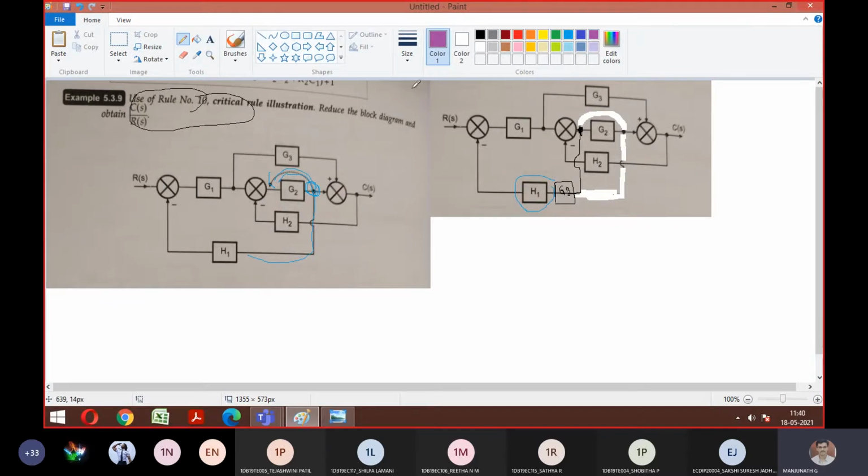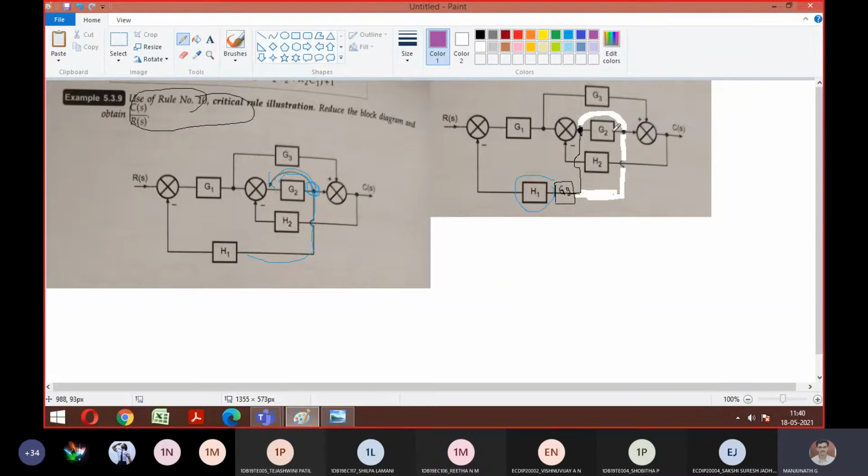Now check out the things carefully. Are there any possibilities to do any simplification without applying rules? Just observe once. Is it possible? No, right? Because this breakaway point, if it were somewhere here, I could have done something. But since all are considered in between, I can't do anything.